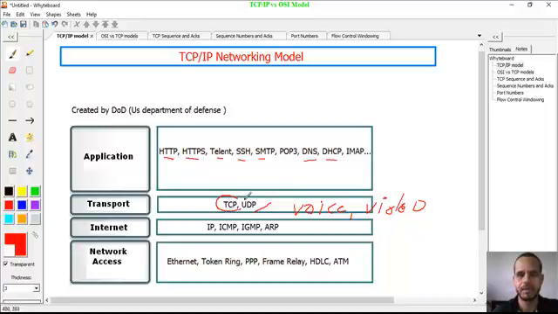While the TCP, it uses port numbers, sequencing. Actually, both use port numbers, but the TCP uses sequencing, acknowledgement, and error correction. Whenever there is an error in the packet, the other side that detects the error needs to resend the data, okay? And we have the internet layer that has the IP protocol, which is IP addressing, IPv4